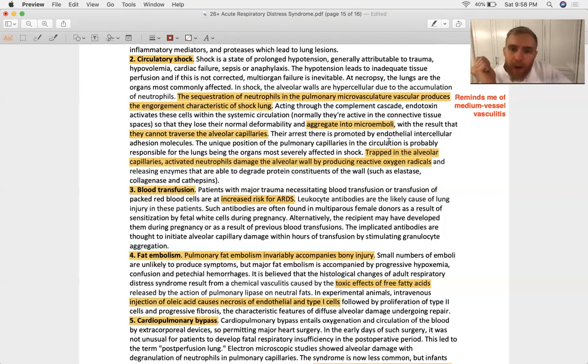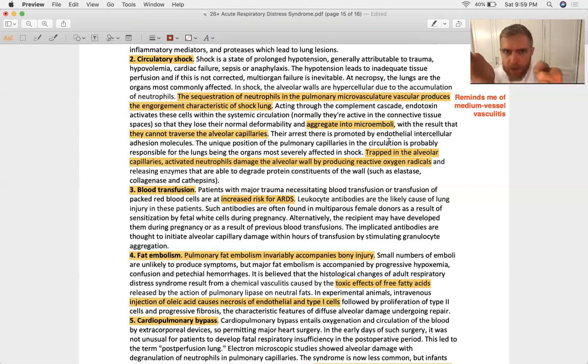But if they are there, they're going to do what neutrophils always do when they're activated, and they're just going to take their lightsaber and get a 100 kill streak up on that endothelium. So shock means neutrophils stick to the capillaries of your lungs, but don't go into your lungs. And then the neutrophils are going to just degranulate and pop off on that endothelium. And this is going to be very, very similar to the